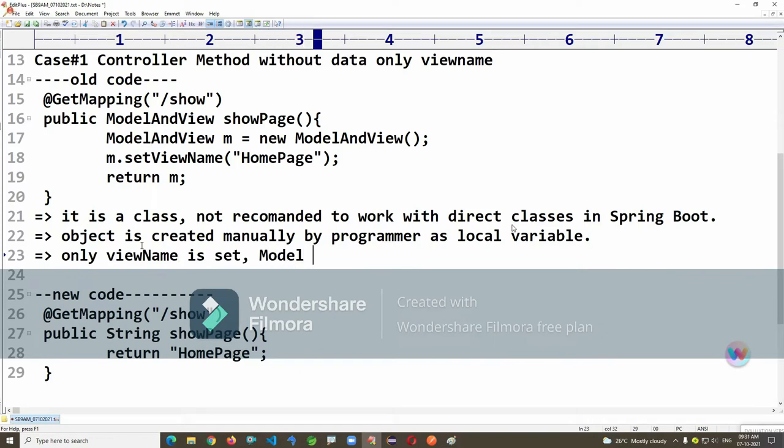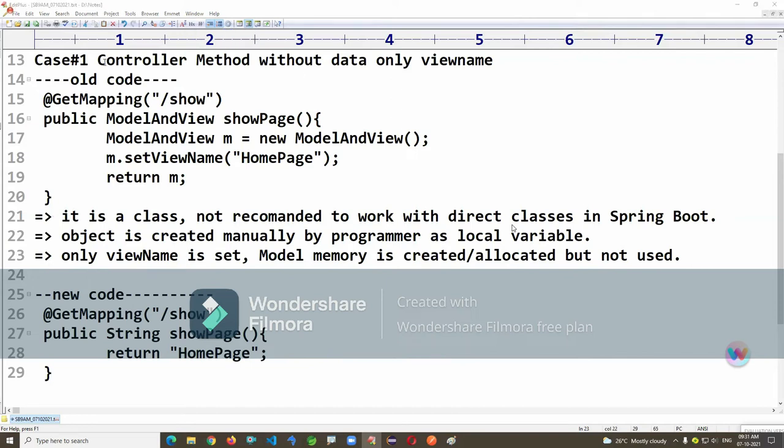Model memory is created or allocated but not used, because I have a requirement to go directly to the page name. Model memory allocated and view memory allocated. Hope you are following my point. Hello, 1 2 3, are you following my point here? When you write new ModelAndView, model memory is allocated and view memory is allocated, but I'm using only the view, no model. In that case, model memory is allocated but not used, a memory waste. So hope you're following my points here.